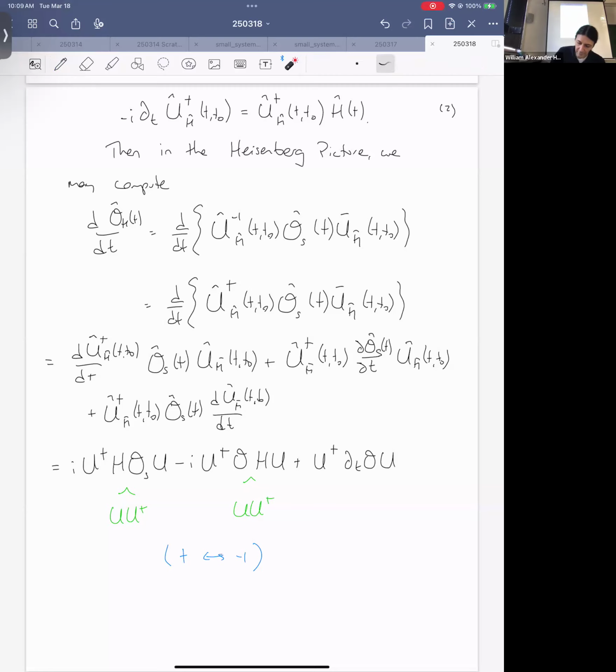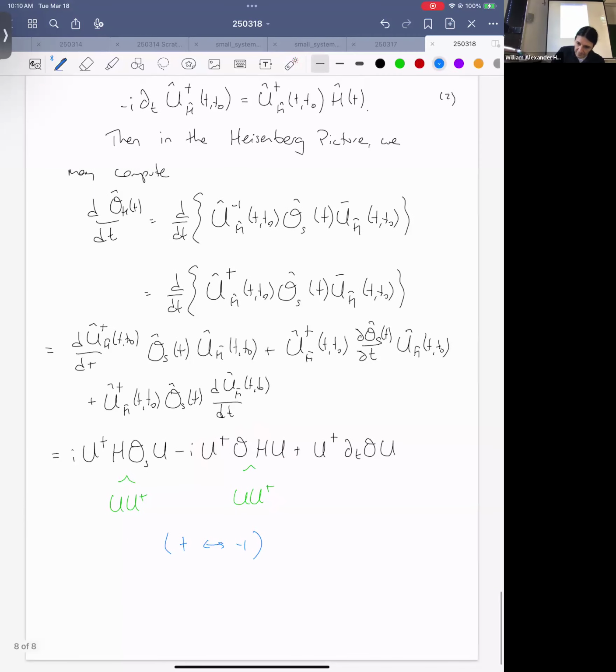And so what we have on the left, we have our similarity transform on our operator, and then a similarity transform on our Hamiltonian. And over here we have a similarity transform on our operator and a similarity transform on our Hamiltonian. And so we get that this is equal to